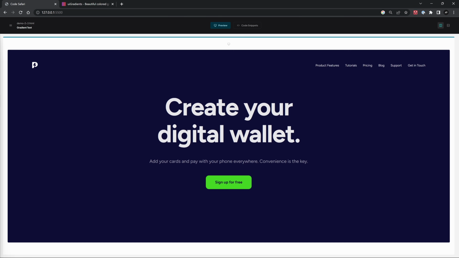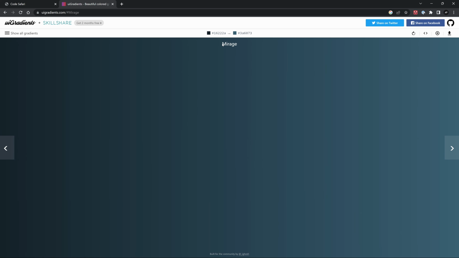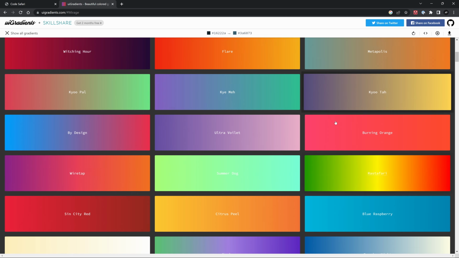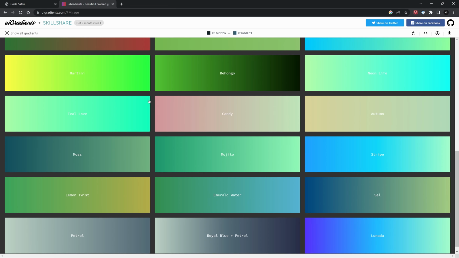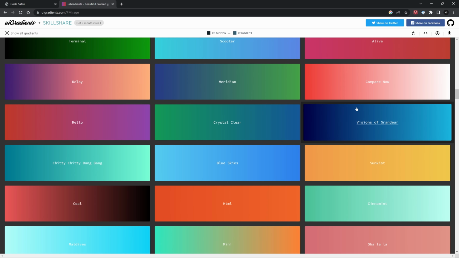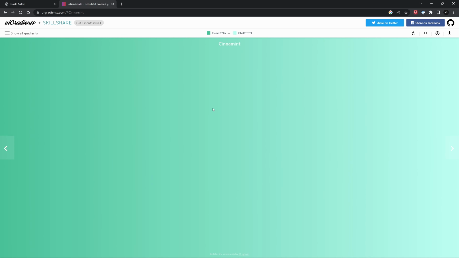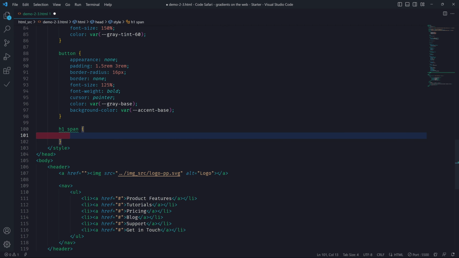If you are struggling for inspiration, I can recommend UI Gradients. This is a great website for getting a few ideas for gradients. You can cycle through these one by one. They'll each give you a name and the colors used, or you can click this to show all the gradients. You can even sort them or filter them by color. In my case, for this application, I'm looking for something called Cinnamint. It's this one right here. And once you're happy with this, you can actually copy the CSS code. So you click this button, you go back to your code, you paste that in,